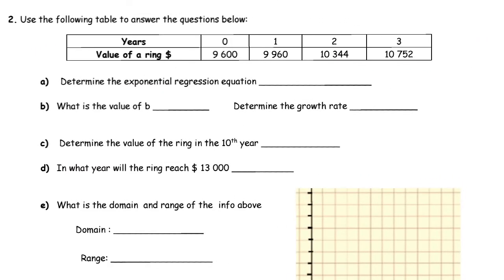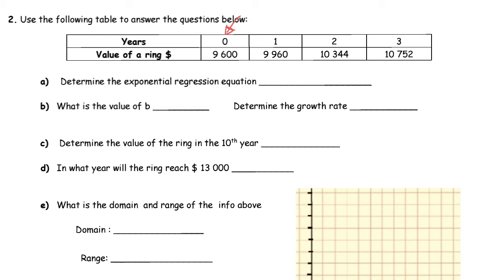All right, so now this next question says, use the following data to answer the questions below. So years and the value of a ring here. Okay, now you're going to see in a lot of these questions, it's going to be more common than not to start with a zero here. Okay, and that's just the way we're going to do most of these things here. And in fact, even when the table is set up so it's not starting at zero, sometimes the smarter thing to do is just to make it scale everything down so it starts at zero and works its way up here. So we can see that the value of the ring is increasing as we go from year to year,